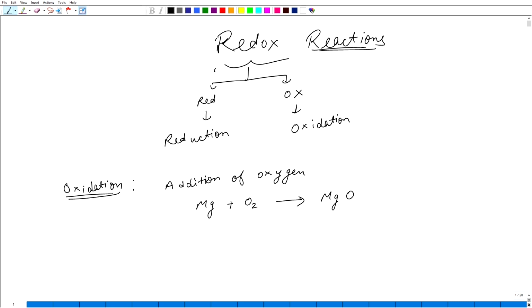So, what was initially supposed is addition of oxygen: oxygen has been added to magnesium, and this is therefore termed as oxidation of